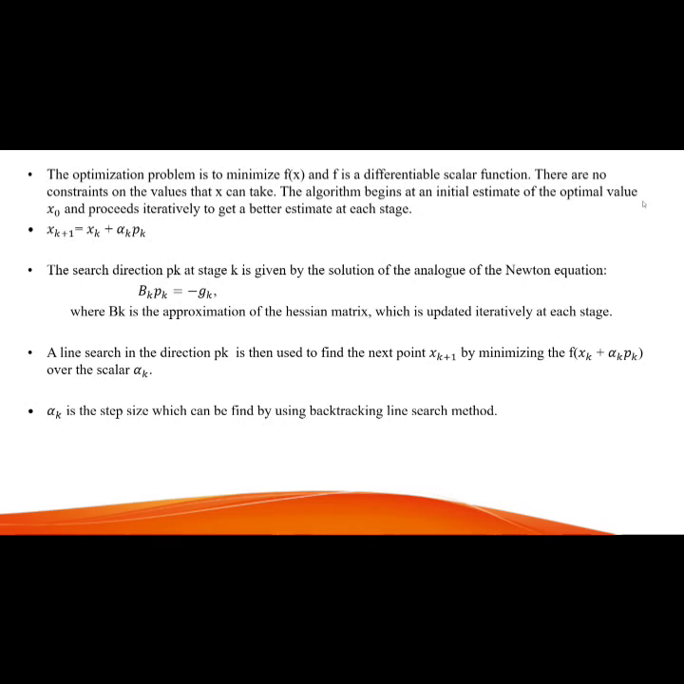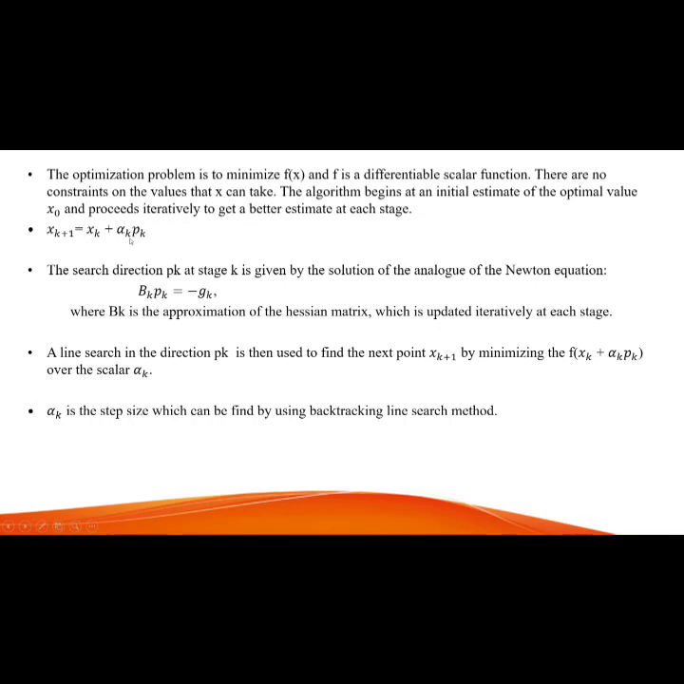The optimization problem is to minimize f of x, and there are no constraints on the values that x can take, and we have an initial estimate of the optimum value x0, which iteratively gets better at each stage, and that xk plus 1 is equal to xk plus alpha k pk. It is the next point